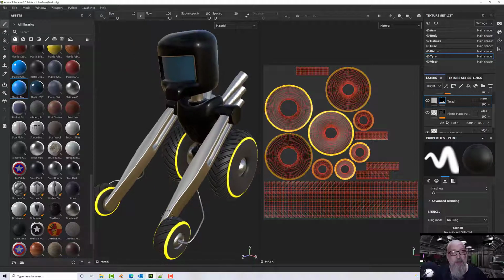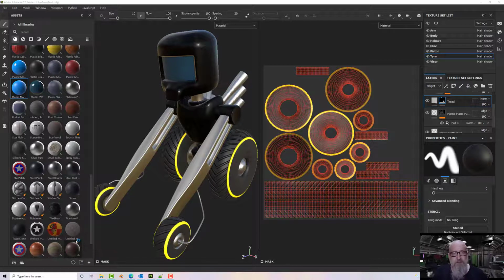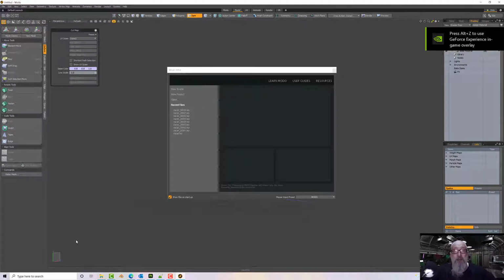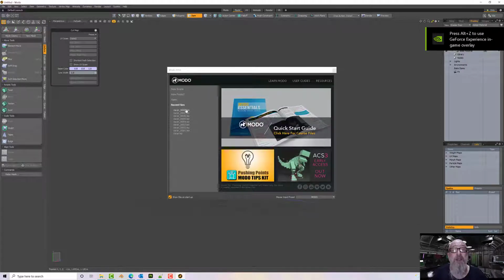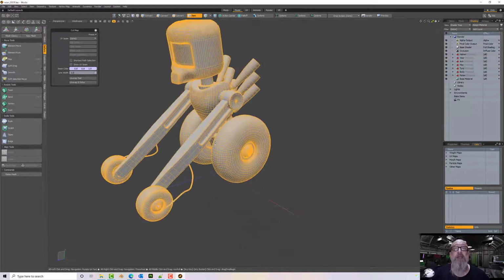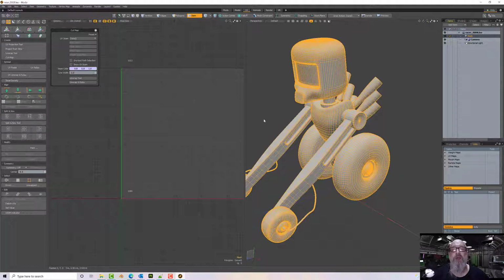So what I'm going to do is launch the program I made it in, which is Modo. I'm going to adjust the model to put it right. I'm not going to make you do it. I'll upload the version that is correct, but you should be able to see from this what I'm up to. Okay, so here he is, and what I want is to go to my UV room,